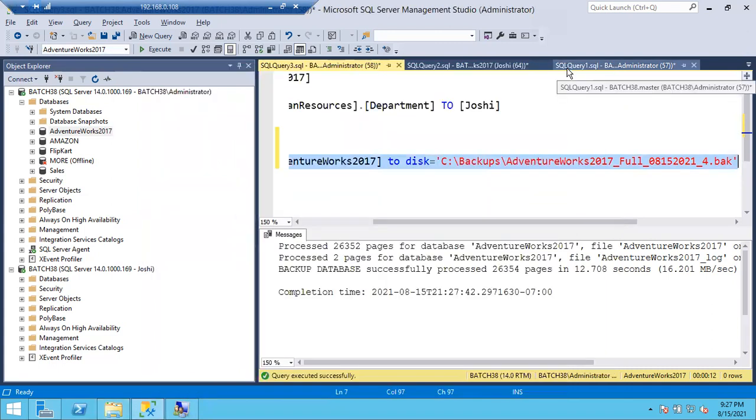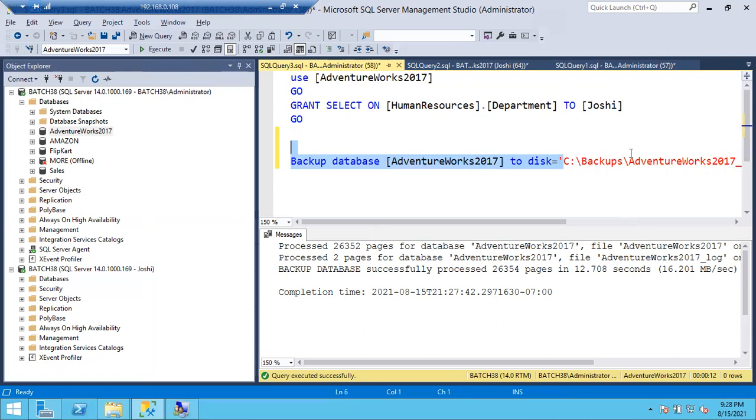If you don't want to give a path, you can take the backup to the default location. It won't ask you for the path. If you don't provide the path, it will take the backup to the default location. If you want to take the backup to a specific location, you have to provide the path like this, so that the backup will be taken to that particular location.